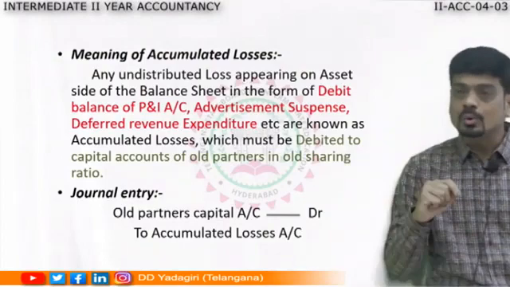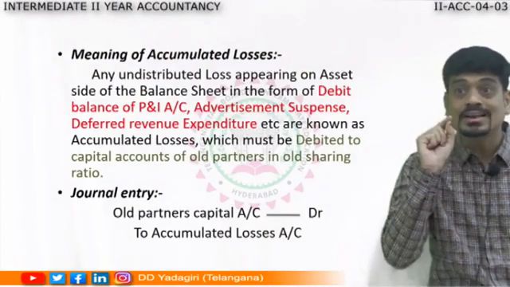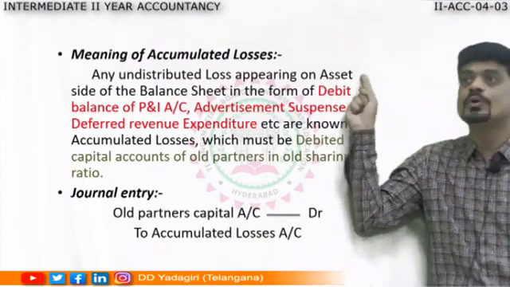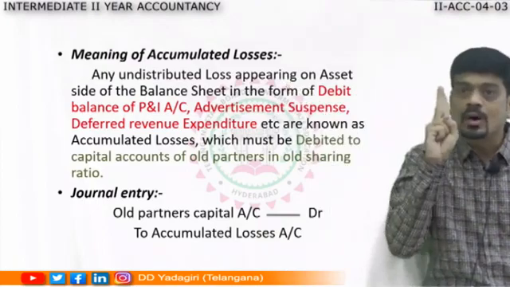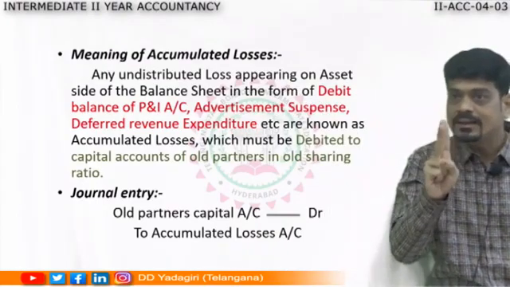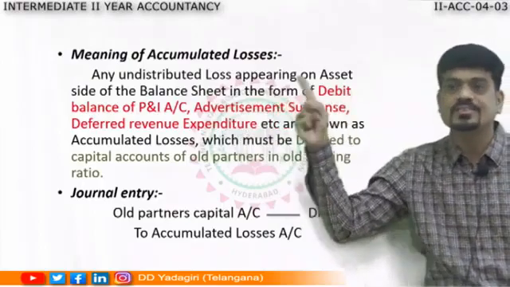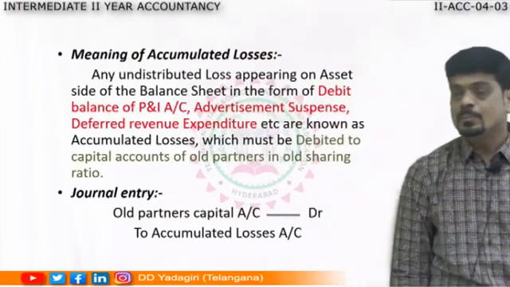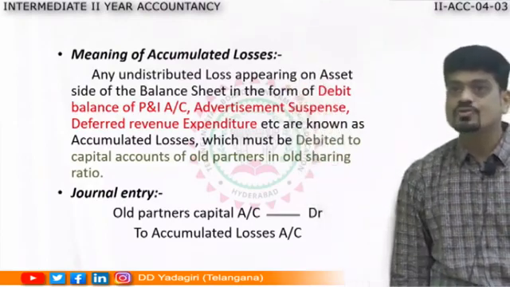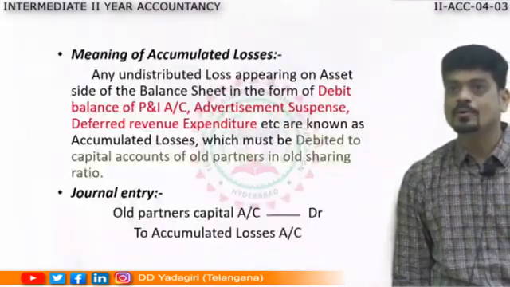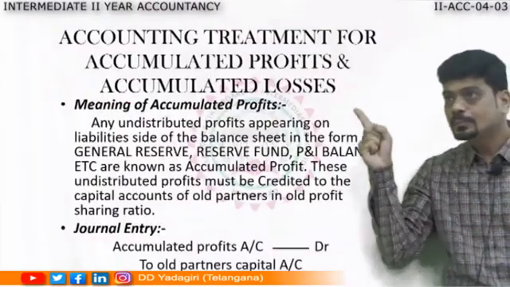Then sir, you told that accumulated profits show credit balance. So in that account we wrote by balance. So whenever there is accumulated loss, that will be account number 2, and that will show on the debit side, to balance brought down, because an asset shows debit balance. Okay, this is about accumulated profit and accumulated loss. Again, I am showing you the slide of accumulated profit here. Just have a look, because this is the base.